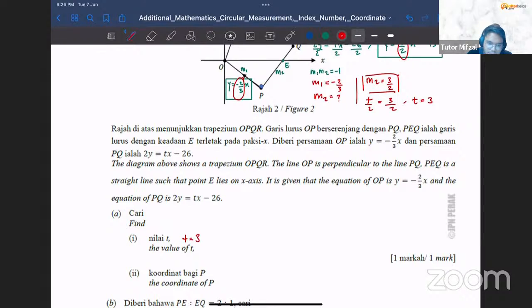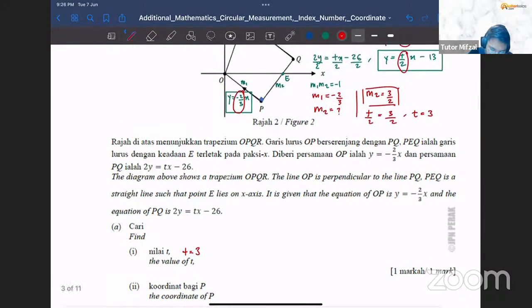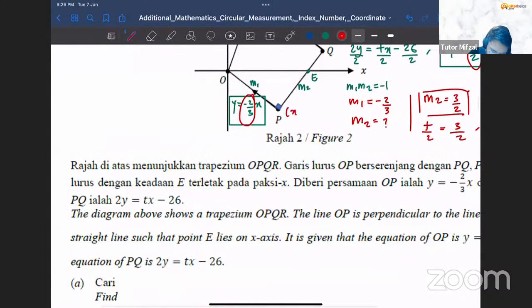Simple. If you have to find a coordinate, x, y, you kena guna simultaneous equation. That's the only thing that you can do. But first you need to find yourself two equations. Dari mana nak dapat two equations tu? Dah tahu dah. You have OP and also you have the equation of straight line PQ. You dah tahu these two straight line equations, so you can equate both of them together to find x and